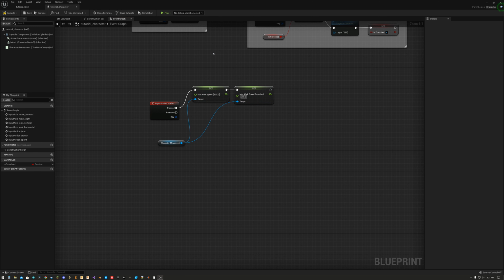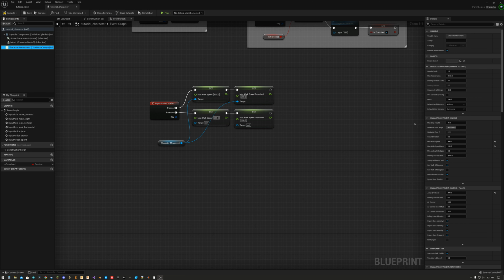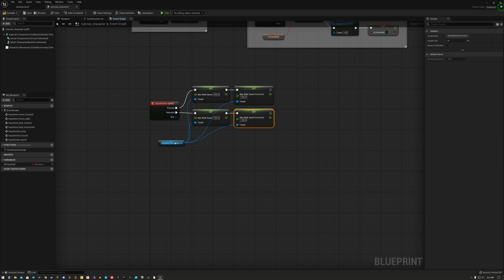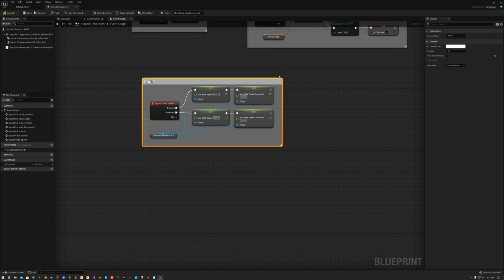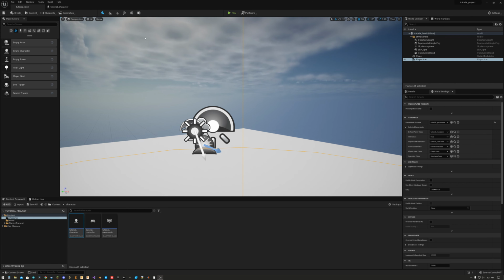Okay, so now let's reset it back to normal. I'm just going to copy these two and paste, and now we get those. I'm going to link the released. When we release it, we just want to set it to the default, which is 300, and the crouch was 100. Then we have to make sure to set our targets to our character movement. Let's compile and save. Comment: sprint. I'm going to save that again, and if we go back and play,